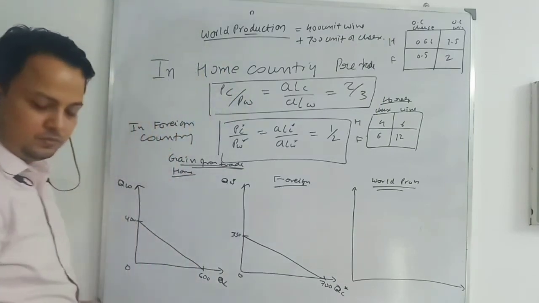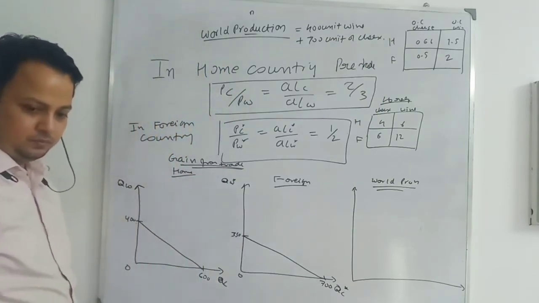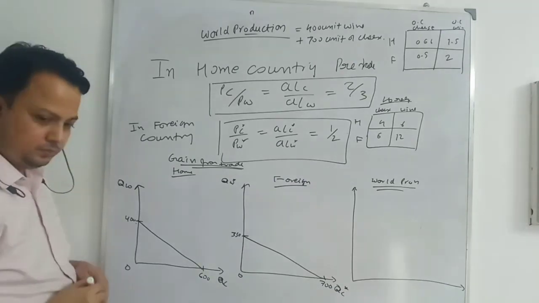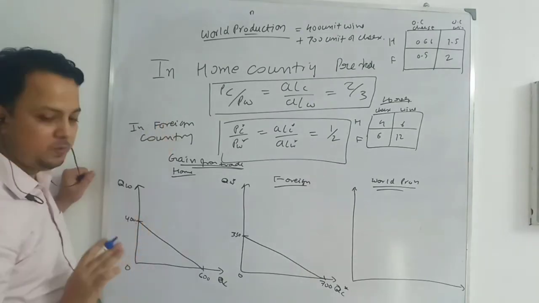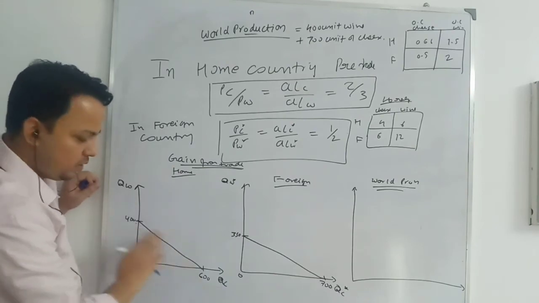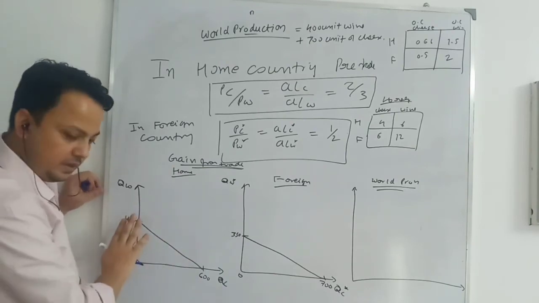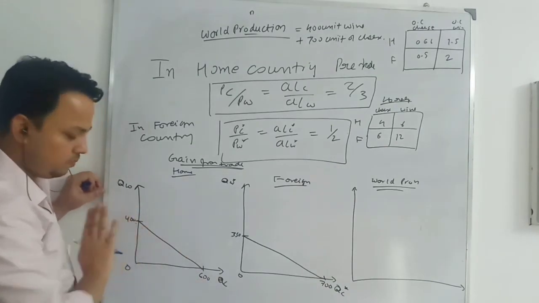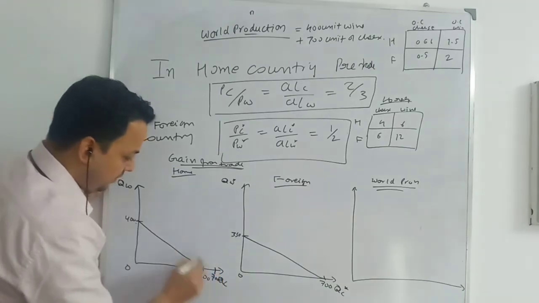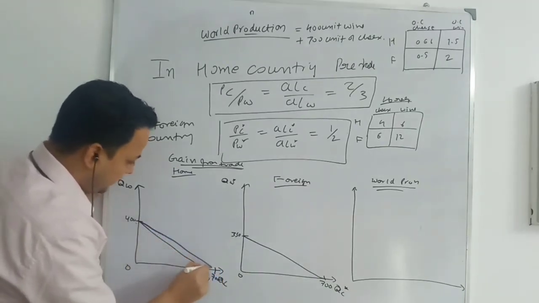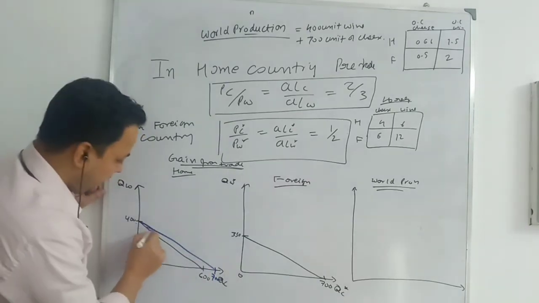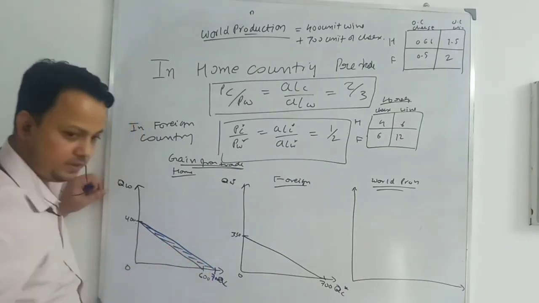Can everyone? Yes, no? World production will be 400 units of wine and 700 units of cheese. Now look at the production possibility. This is the production possibility. This country, home country, is specialized in the production of wine. Now look at the possibility. What is that? 700 I put here. This is the frontier that I am showing. So when trade takes place, it has the possibility to consume outside its production possibility frontier.